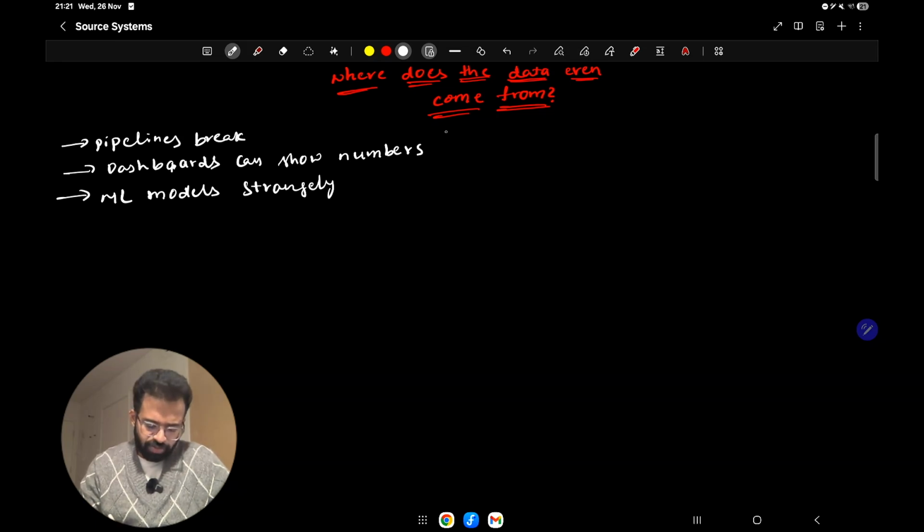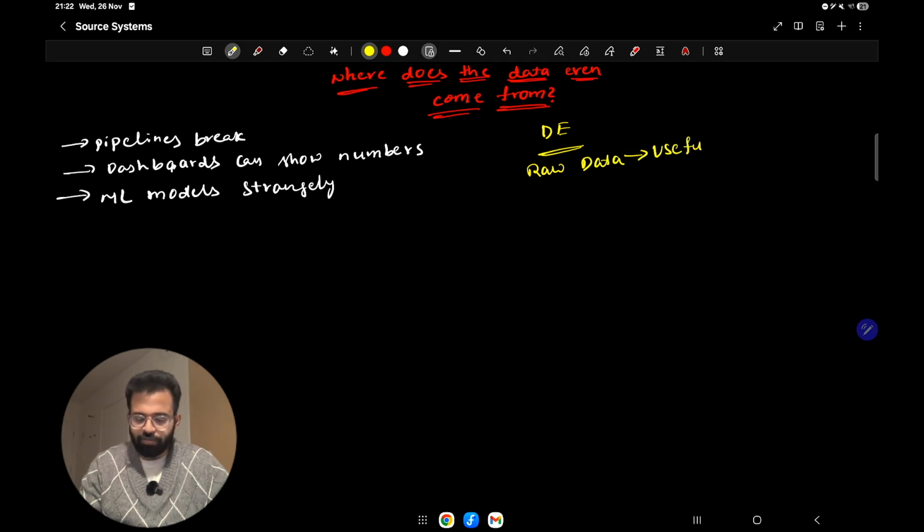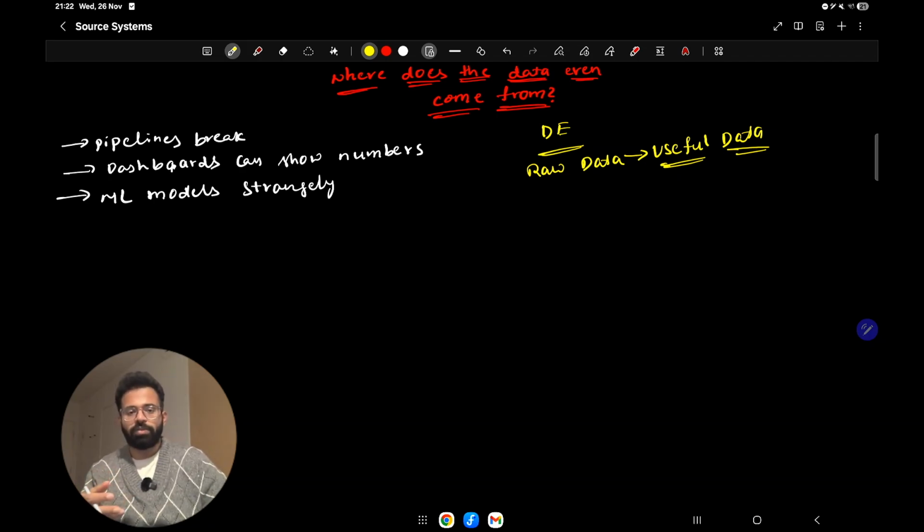If these kinds of things happen in production, then everyone will be pointing the fingers at you, because at the end of the day, we talked about it so many times, what's the objective of data engineering? It's to convert raw data to useful data, useful to the business people who are in a position and capable of making the business decisions that will improve the company's revenue by optimizing the products and processes, right?